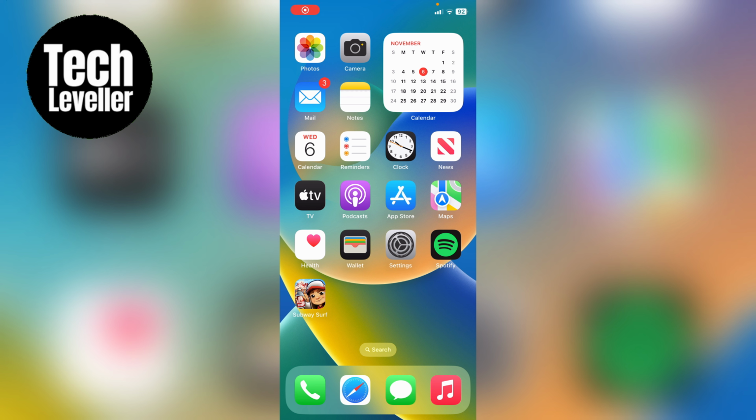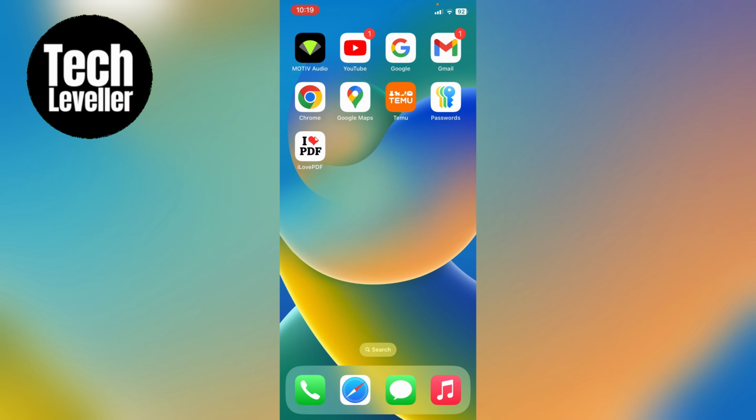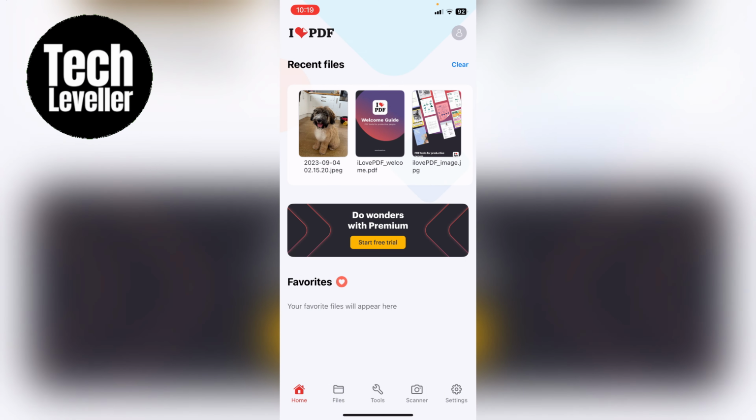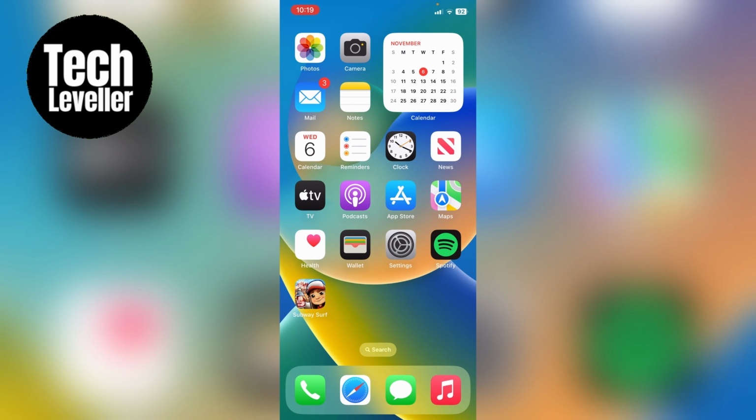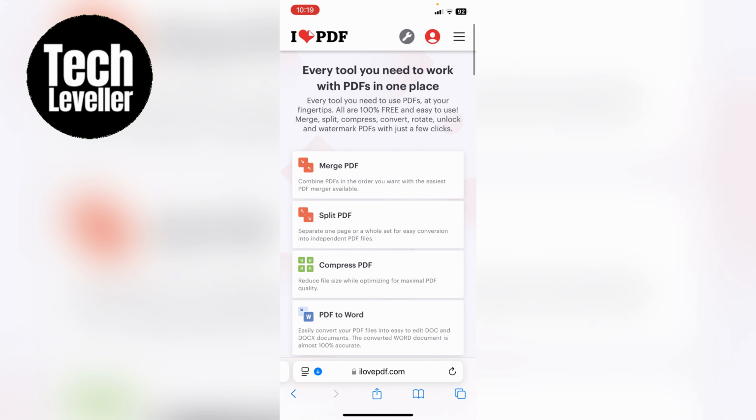In this quick video, I'm going to show you how to convert a PDF to PPT on your mobile. So if you want a PDF to PowerPoint converter, I'm going to show you how to do it. Now you can download the third-party application here, ilovepdf.com. However, I always find it's slightly fiddly and it's best to head over to their website,